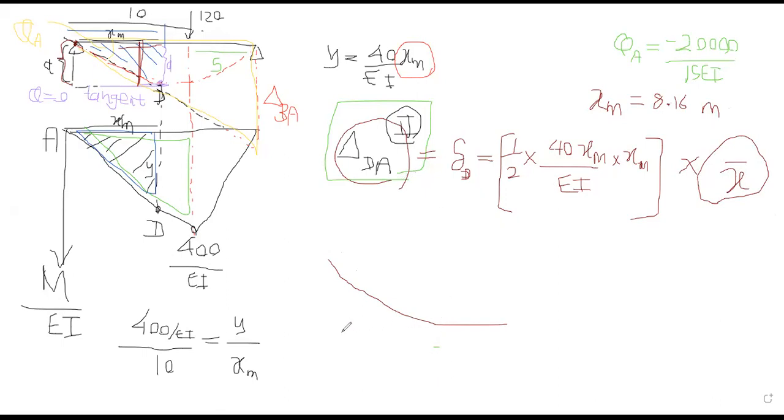So here you see this, it's D. So the tangent here, let's draw the tangent at A as well. So we need this t. So you know the distance between these two points is